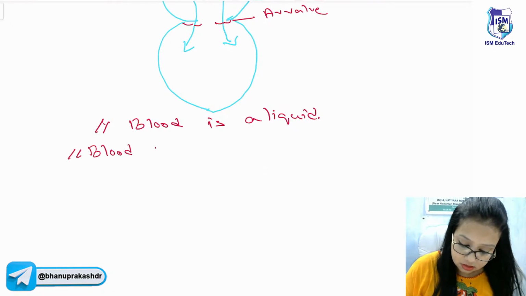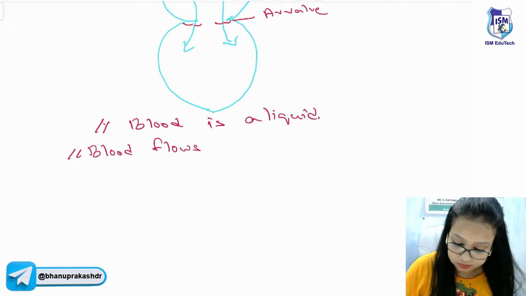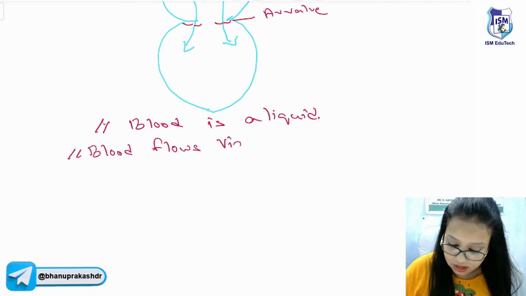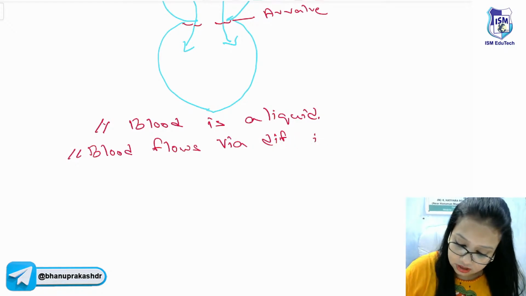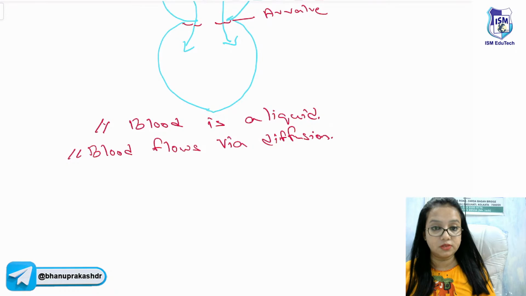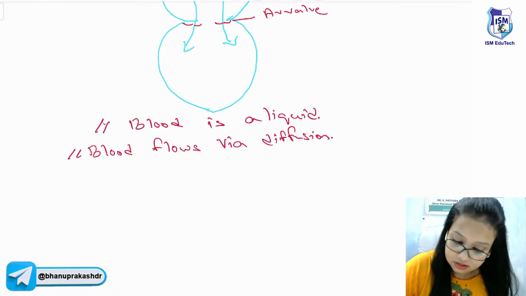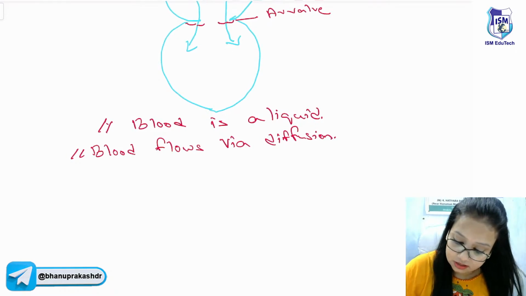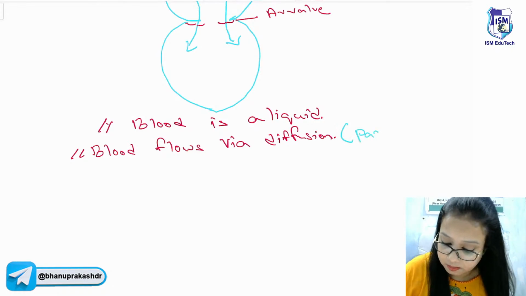Blood flows via diffusion. It follows the rules of diffusion, which is the passive